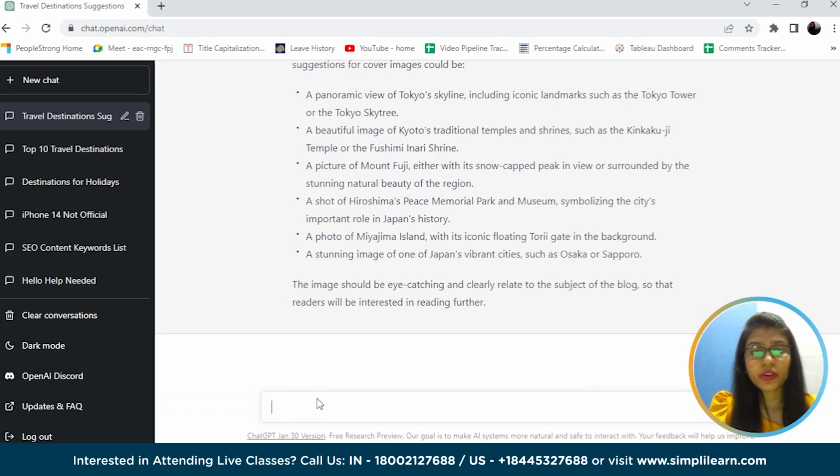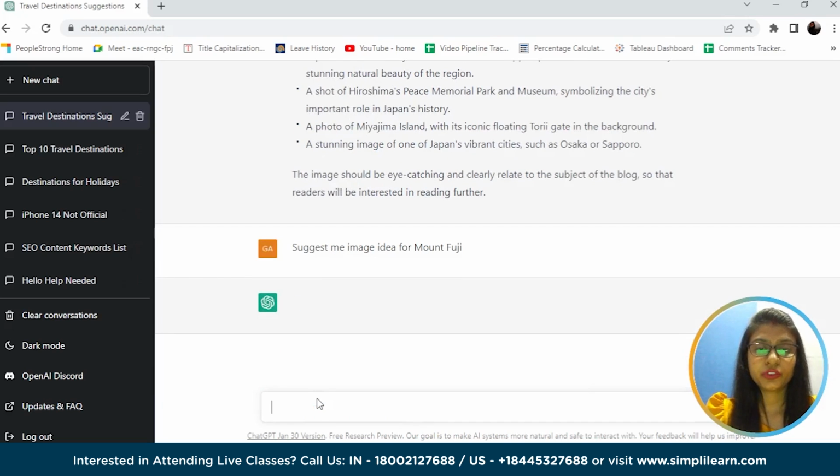Let's take Mount Fuji. Suggest me the image idea for Mount Fuji. So let's see. We have seen in generate for all.